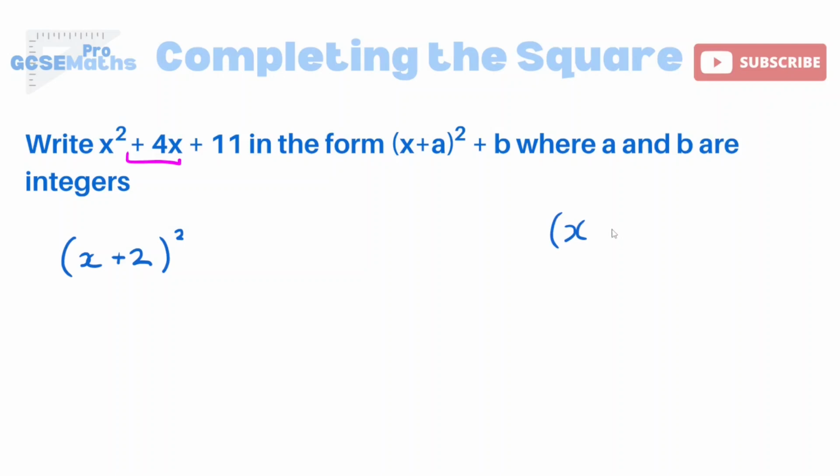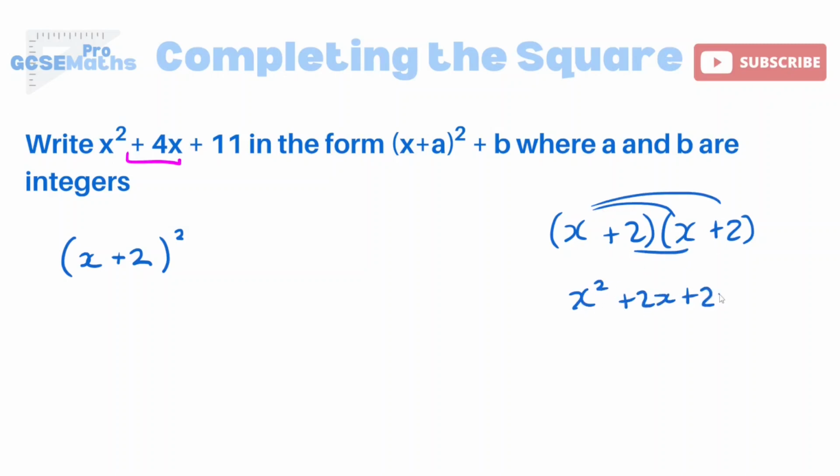Let me just quickly write it over here, just for the second one, so you get an idea. So we're going to get x squared, that's what we want. And obviously we get plus 2x plus another 2x. That's where the 4x comes from, isn't it? But we also get this plus 4 at the end, which obviously you can see we don't want plus 4, we want plus 11. So either you think of it as that, you go, okay, the square of this 2